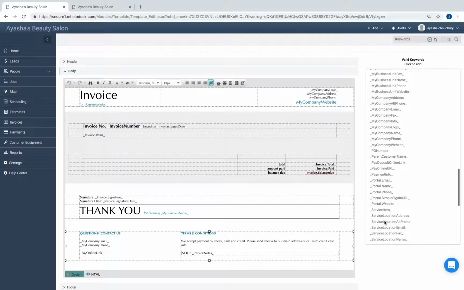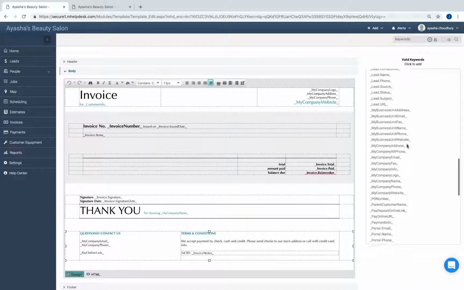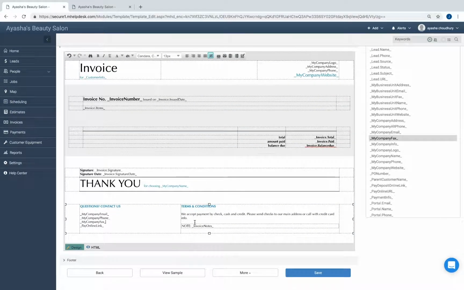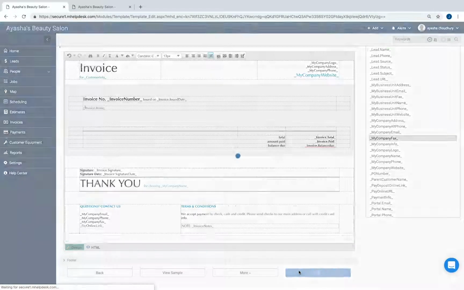I'm just going to navigate to my right-hand side here, and I'm going to add my company fax. Okay, so that was easy. I just click into the section that I want to add the information, click on the right-hand side, the actual keyword, and it'll just insert that information for me. Now you can actually type this out as well, but it's easier to just use the keywords on the right-hand side. So I'm going to save it, and then we can view my updated